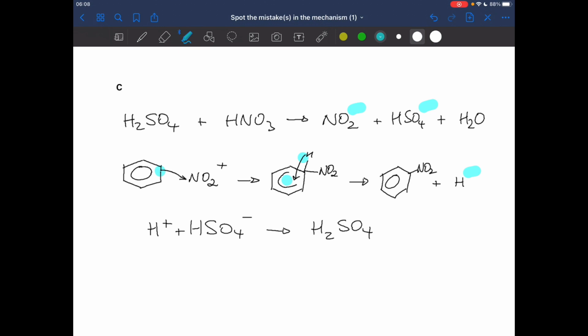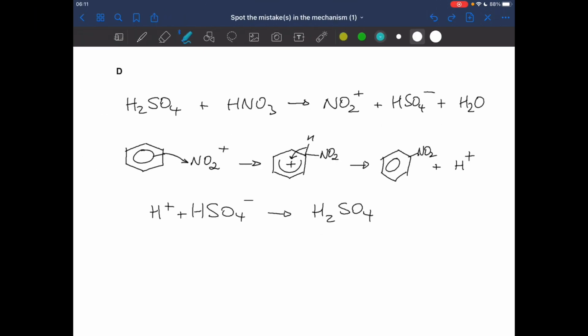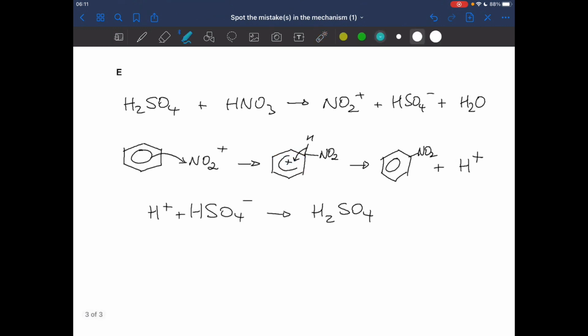Final equation's okay. I always feel a bit bad for students for the kind of mistake you see in D. There's only one mistake, and it is the way they've drawn that partial delocalized ring of pi electrons. Possibly down to the fact that they always substitute at the 12 o'clock position. This substitution's happened sort of at the 1 o'clock position, so this should be open there. Everything else absolutely fine. Moving on to E, this is absolutely perfect, so we'll give that the smiley face